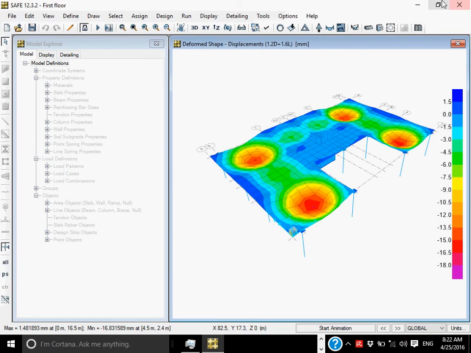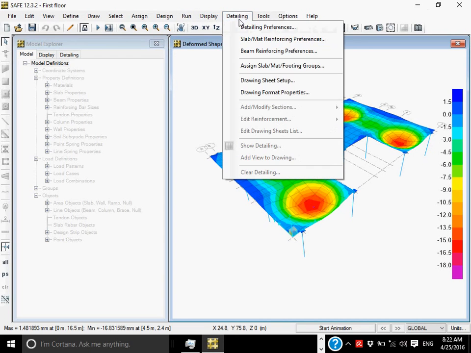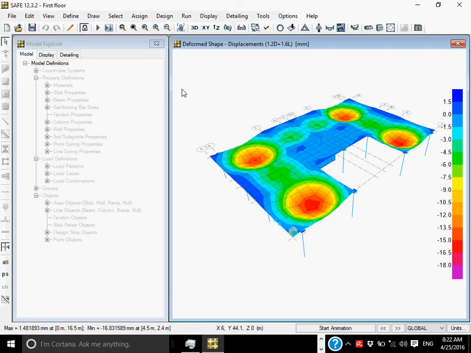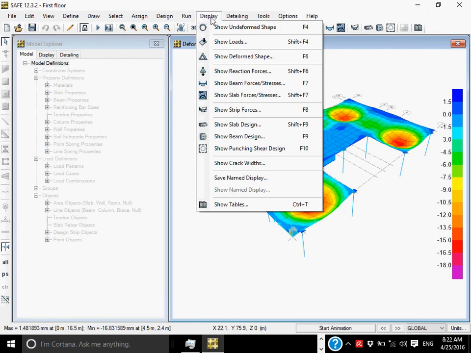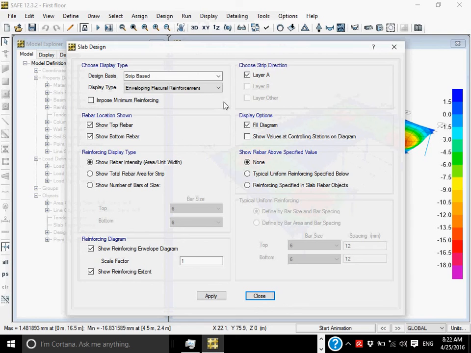Now next, detailing. If you go to display, show slab design. Before you go to the slab design selection, you have to check it.